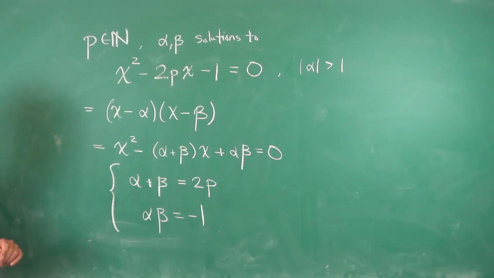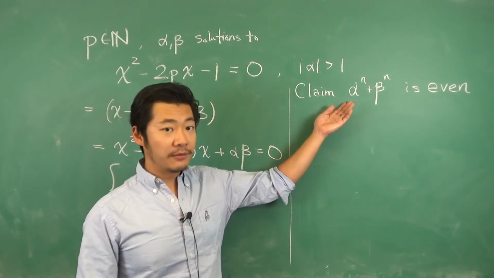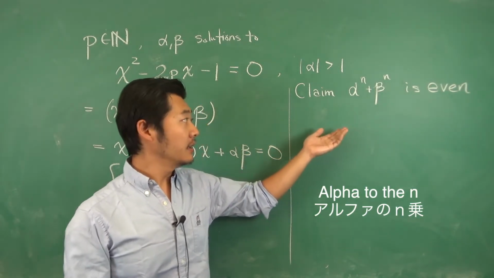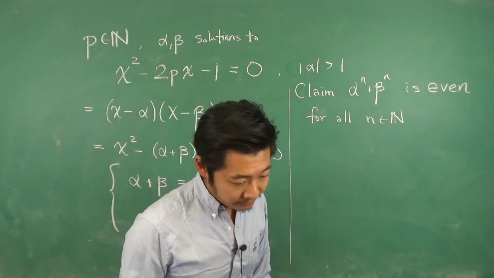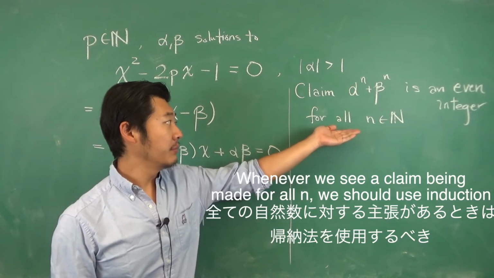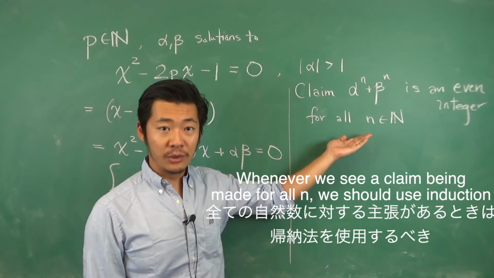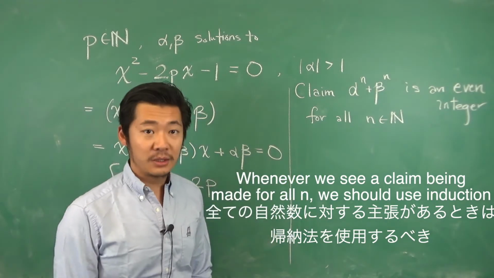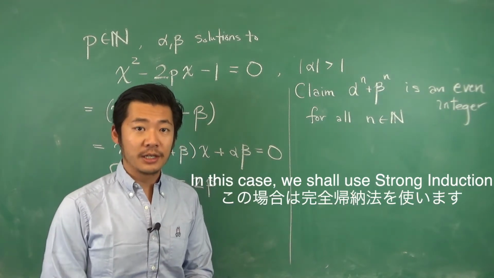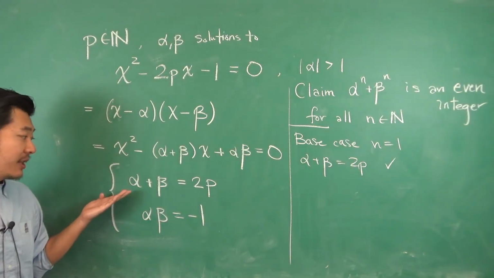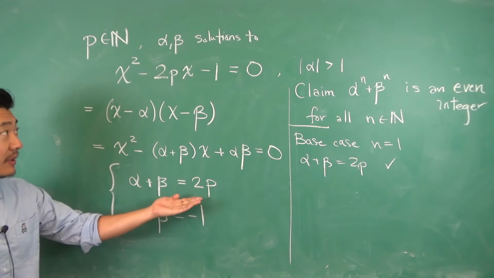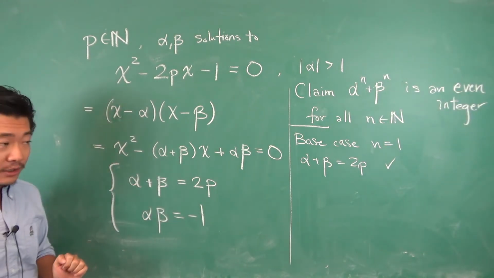So now we want to show that alpha to the n plus beta to the n is even for all natural numbers n. Whenever we see a claim being made for all n, we should use induction. In this case, we will use what's called strong induction. For the base case, we've already established that alpha plus beta is 2 times p, where p is an integer,